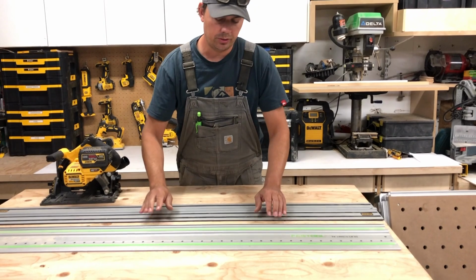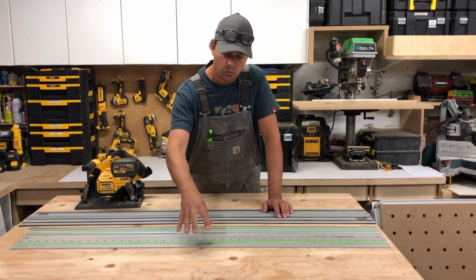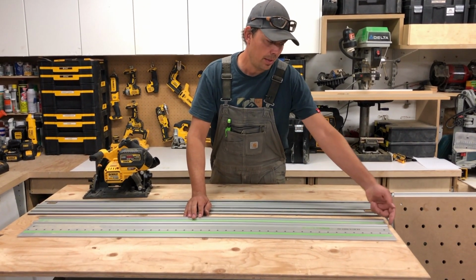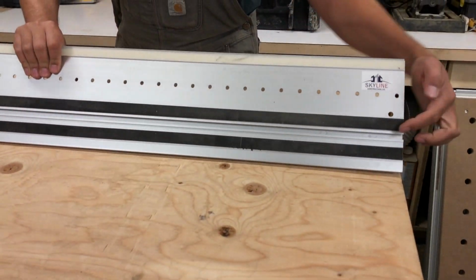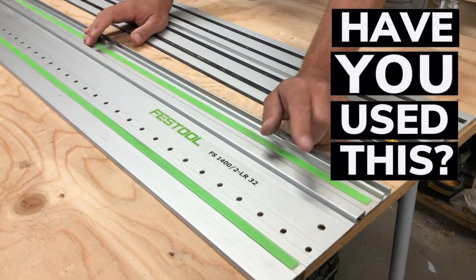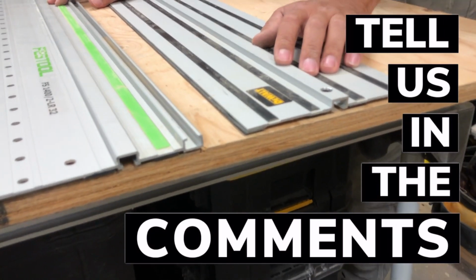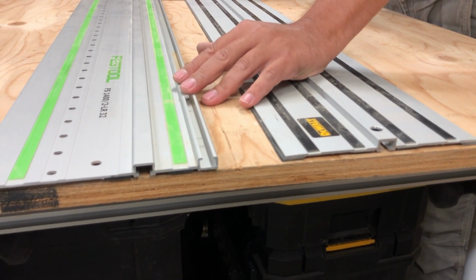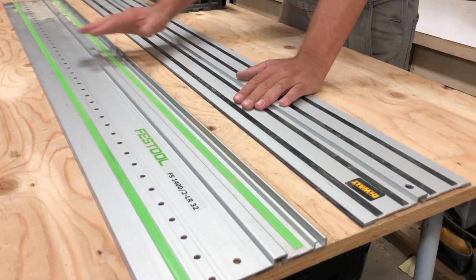Now, the big difference between these two is, number one, you cannot cut on both sides with this track. It's only designed to cut on one side. This has T-slots on the top and the bottom, so you can clamp this down with Festool clamps, and they have the same T-slot on the bottom. Now, I'll point this out. This T-slot is not the same size as the Dewalt, so you cannot interchange clamps. And then they've got a T-slot on the top here, which you can use for different jigs and things like that. Now, the big reason why I prefer the Festool track to the Dewalt track is the fact that this,